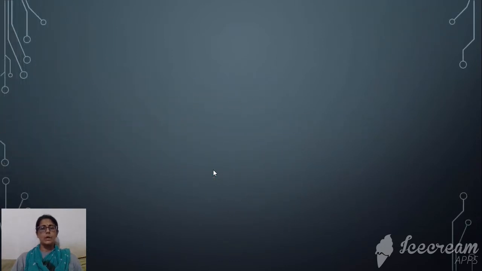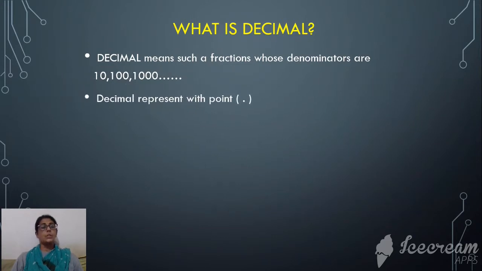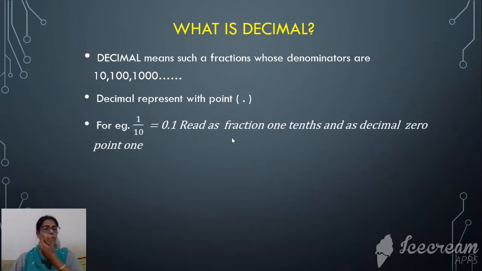Okay, I'll explain you here. Decimals means such fractions whose denominators are tens, hundreds and thousands and many more. A kind of fraction whose denominators are tens, hundreds and thousands and many more, 10,000, lakh, 10 lakh, it can be, right? So decimal we can represent with the small dot or a point, right? Say for example here